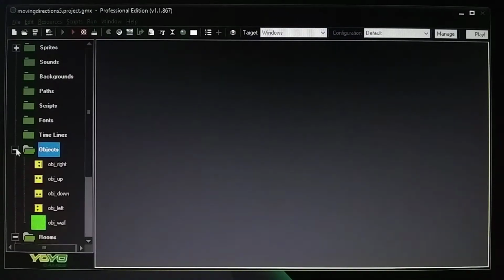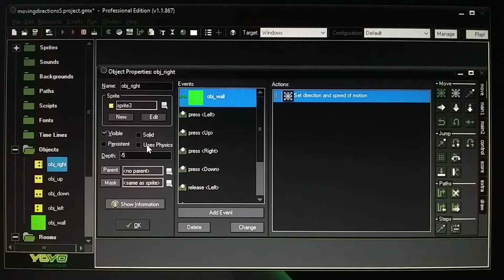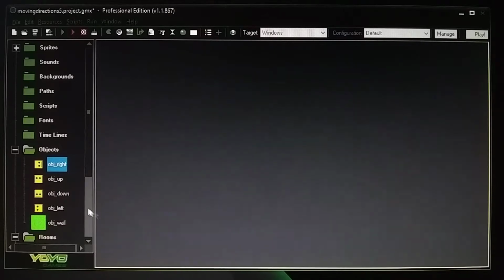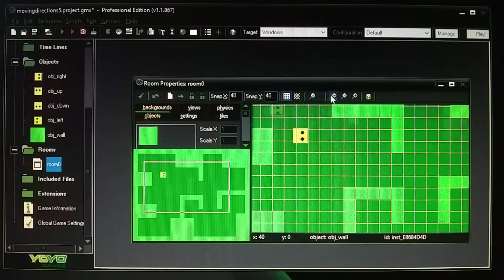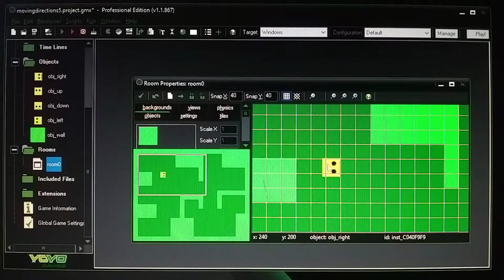So you have 4 pieces of the character. You have him going right, up, down, and left. Depth -5, and then since the camera view is on the object right, because that's who you start out with when you first start the game, you want to make